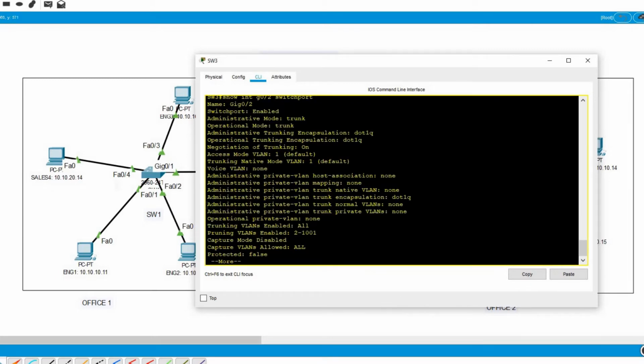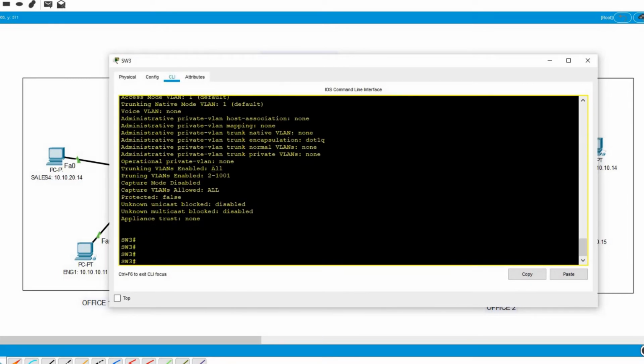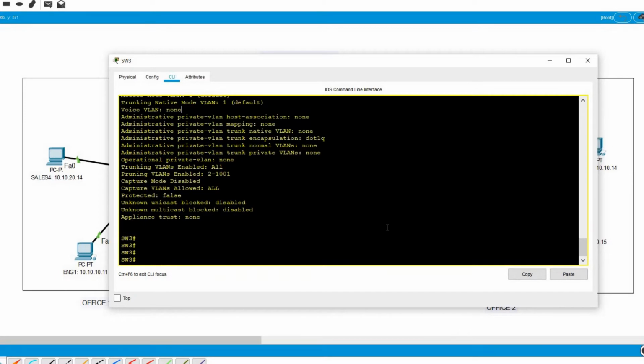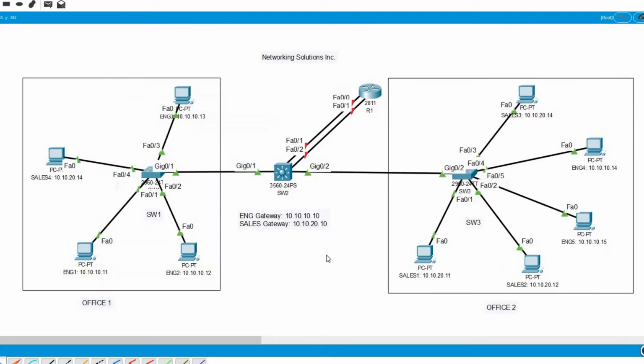Okay, now as you can see, the operational mode is set to trunk and the operational trunk encapsulation is Dot1Q. Perfect. Let me exit out of here. Now let's configure